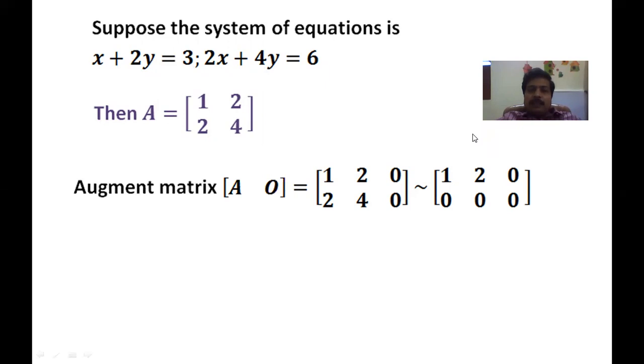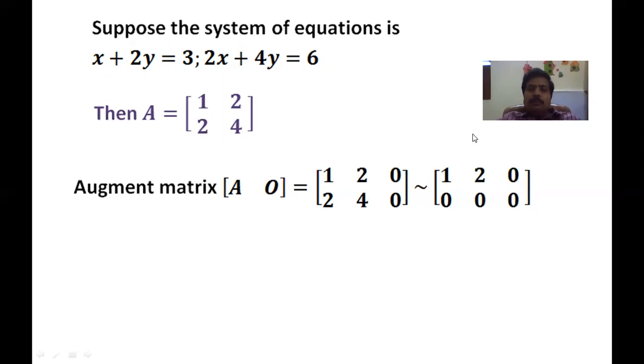Now I am considering its null space A. So for null space A, I will take B as the 0 vector. Instead of Ax is equal to B, I will take Ax is equal to O, as in the case of the earlier example. So I am now finding the solutions for Ax is equal to O. For that, we need to construct the augmented matrix AO. AO is 1, 2, 0, 2, 4, 0.